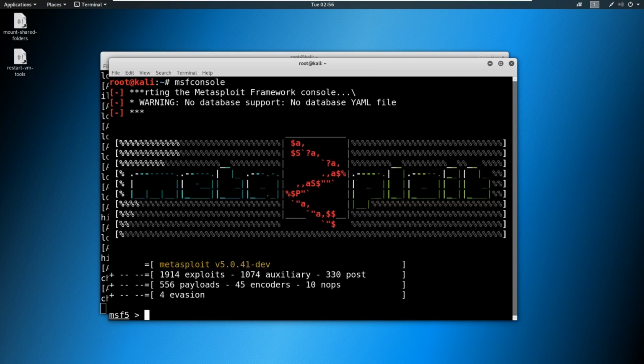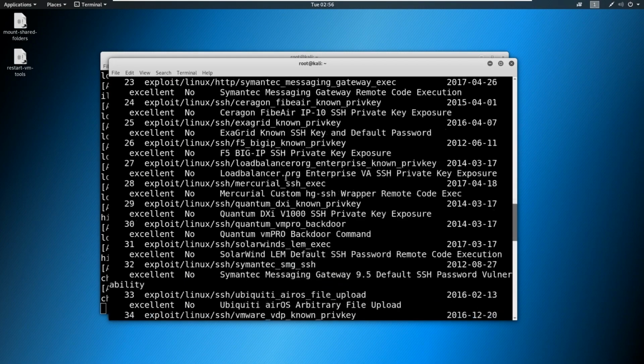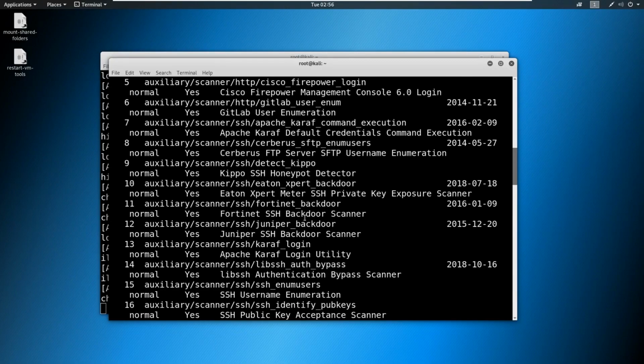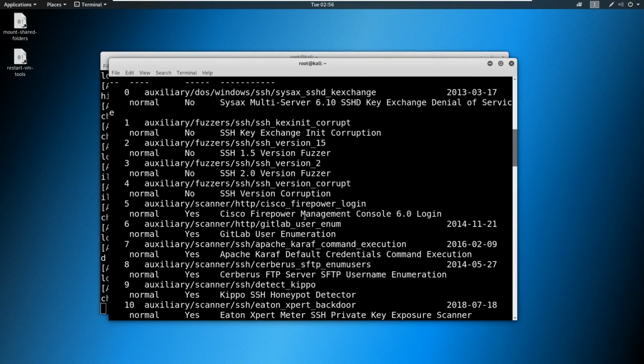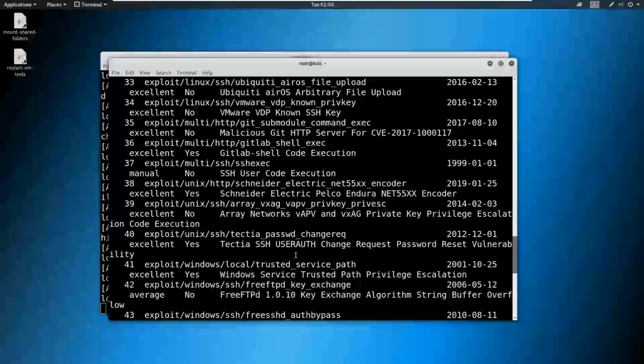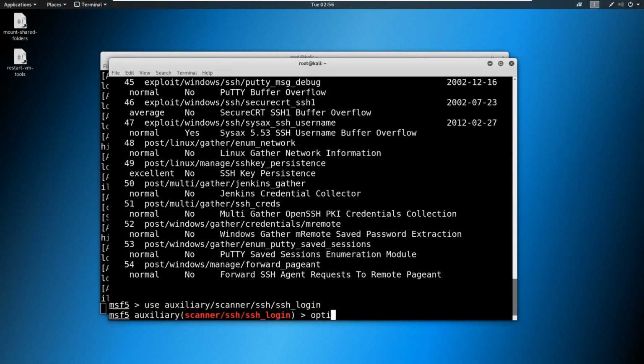So here we're going to search for something like SSH, and this is going to be an auxiliary module, so we'll just scroll up, and we're going to look for something like SSH login. Perfect. Login check scanner. And make sure we don't have anything else, and that looks good to me. So let's go ahead and take this SSH login, and we're going to go ahead and say use, options,